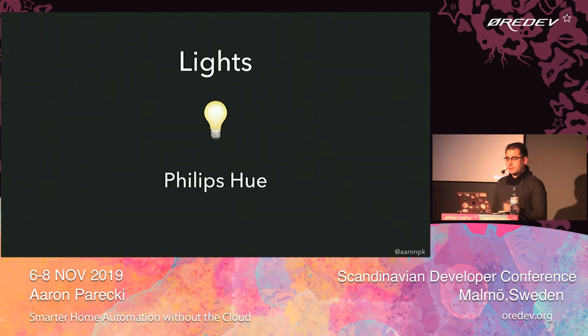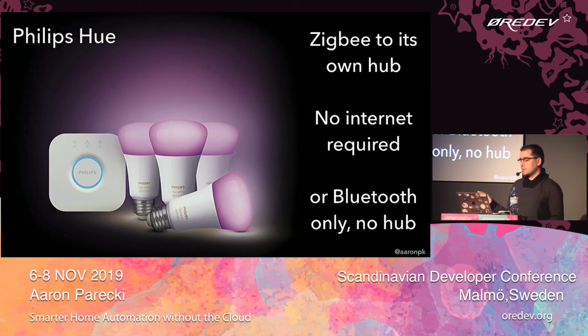My favorite lights are the Philips Hue lights. I've been using these for, I think I've got the same bulbs I bought like 7 or 8 years ago, which is, in my opinion, a long time for Internet of Things stuff. And it's amazing that they are still relevant and still work great. So the reason I like these is because